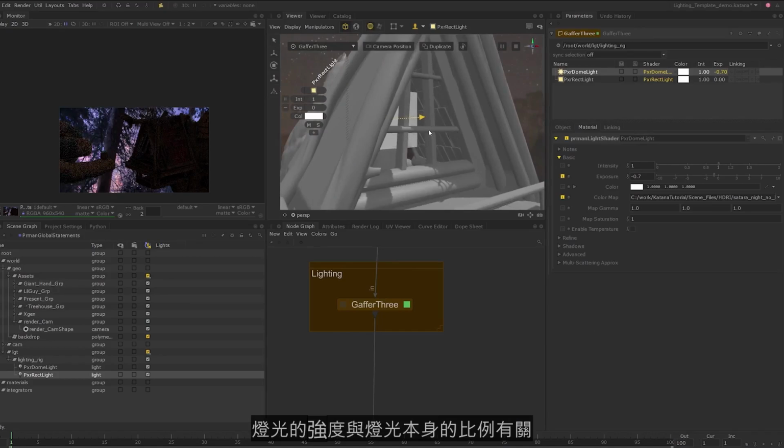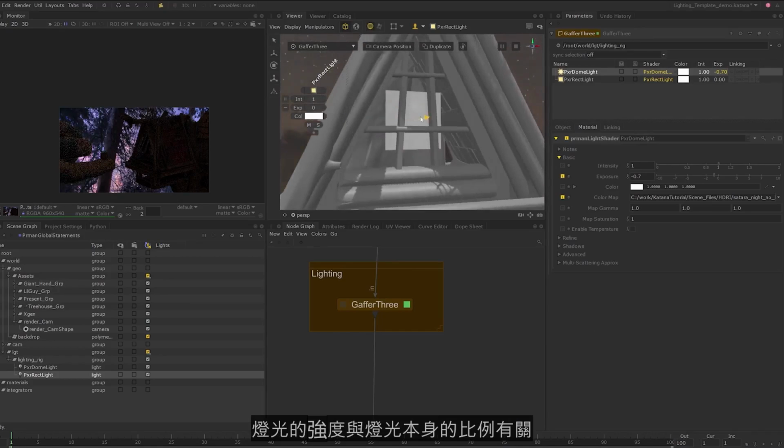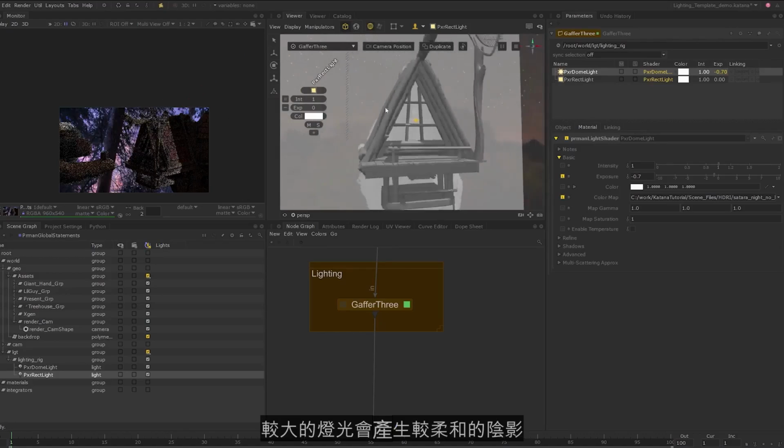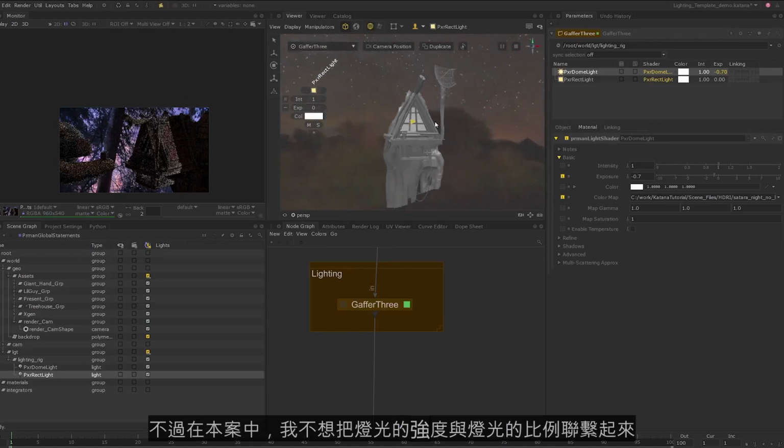The intensity of the light is linked to the scale of the light itself. So you can see that as you scale up the light, it gets brighter. The scale of the light also controls the softness of the shadow from that light, with larger lights casting softer shadows. I don't want to link the intensity of the light to the scale of the light in this case,